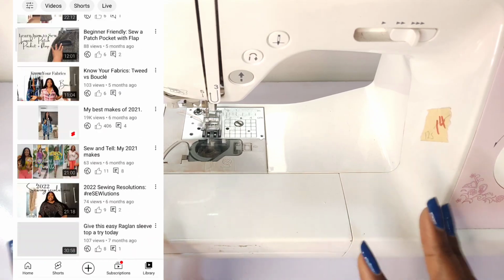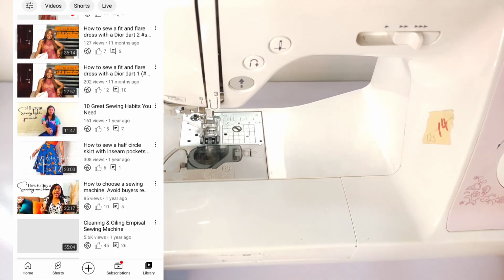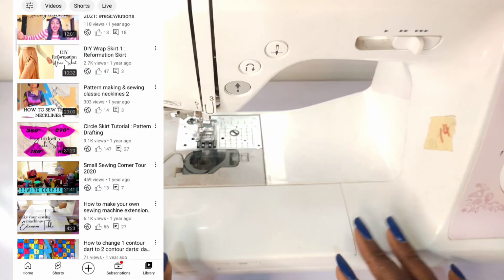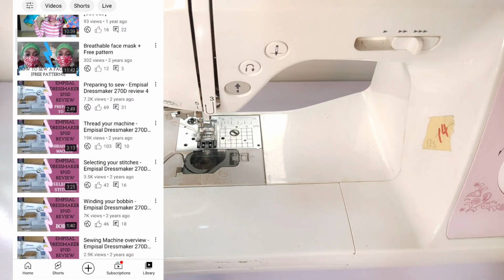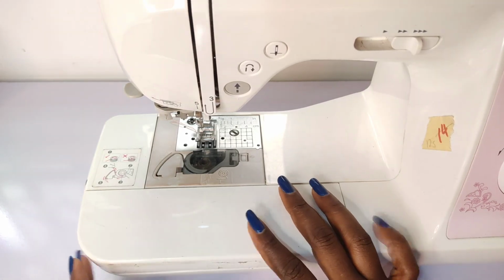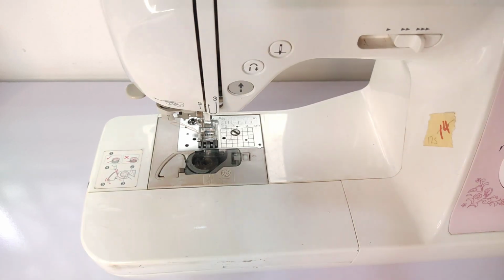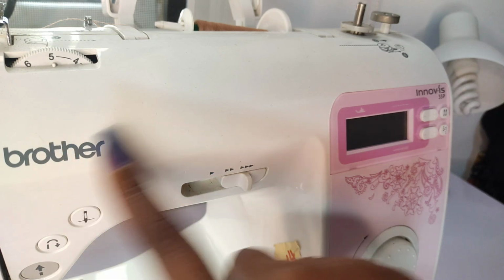And today's video is all about me cleaning my sewing machine. So I want you guys to clean the sewing machine with me today. It's something I have been promising to do for, I'm ashamed to say, years now, but I haven't quite gotten to it. But yeah, it's going to be a quick one because this sewing machine, which is the Brother